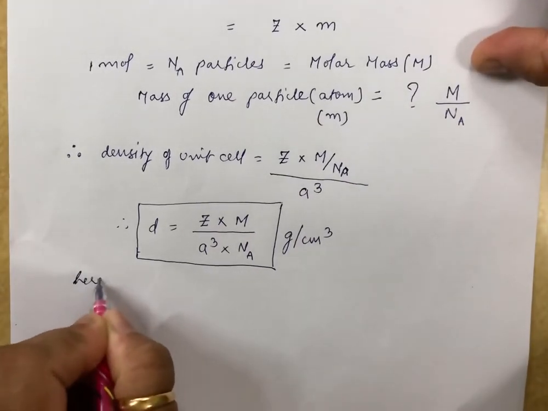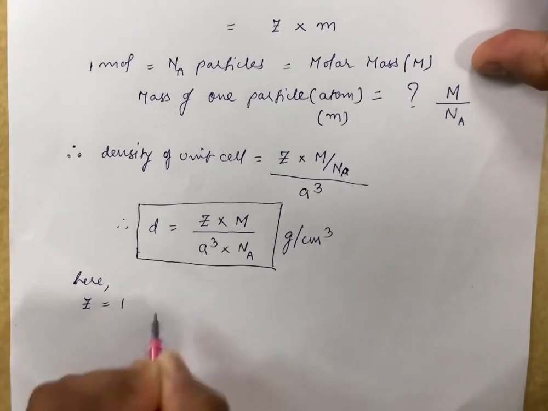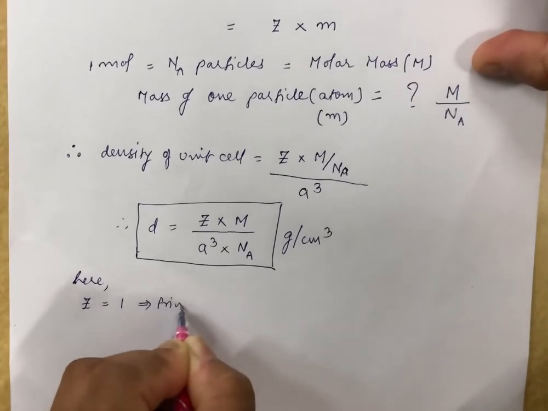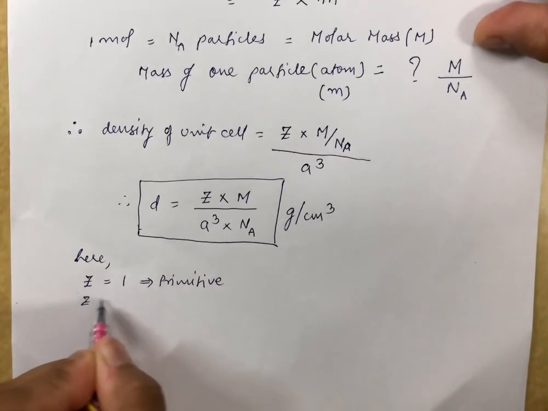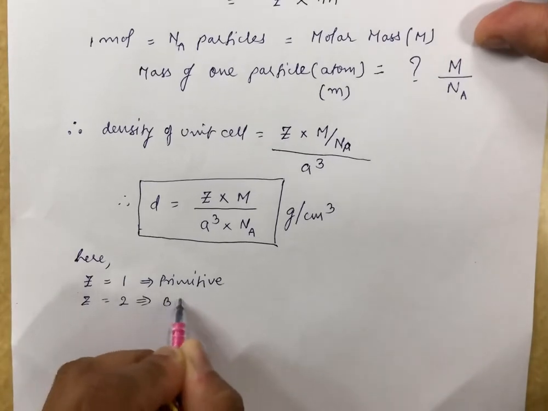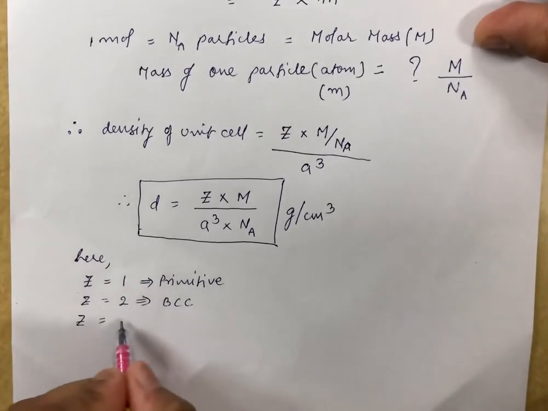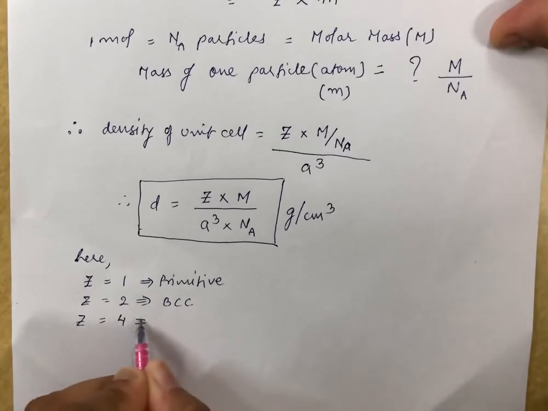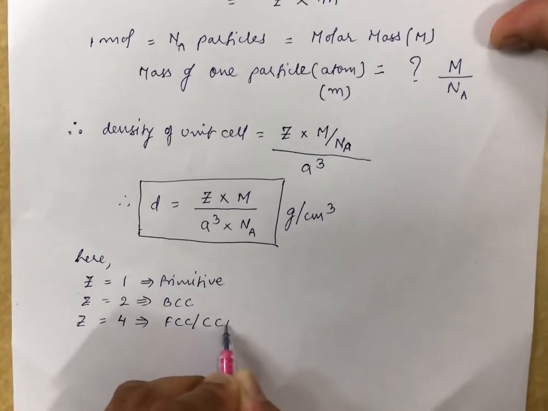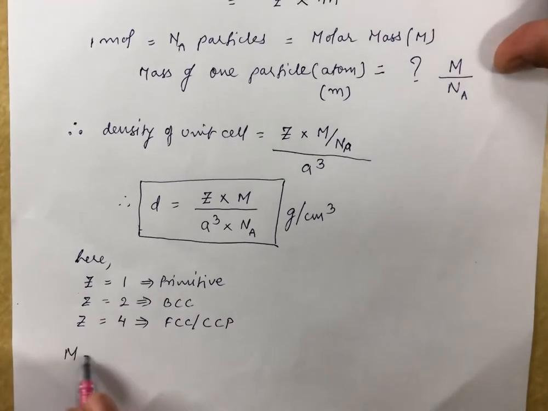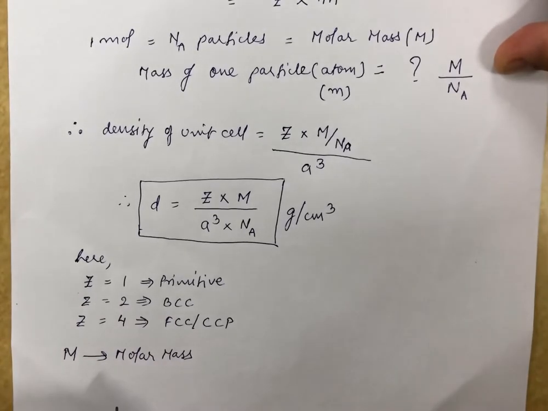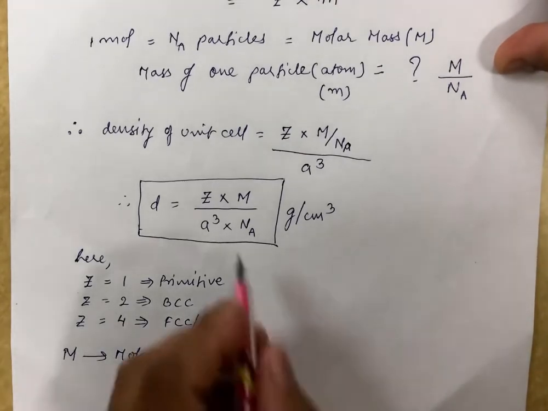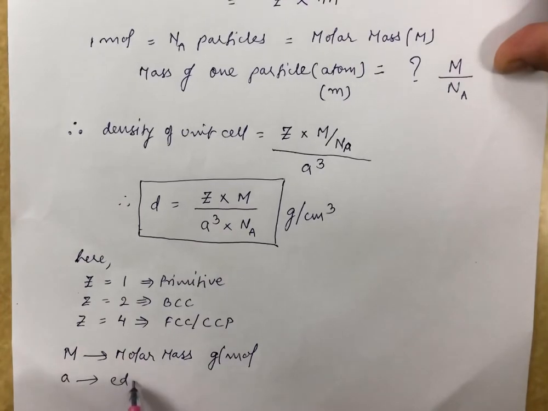So here Z will be 1 for primitive type of cell, and Z will be 2 if your unit cell is BCC, and if Z is 4, then it would be your FCC or CCP structure. M, as I just now told you, is nothing but the molar mass, which you are taking in terms of grams per mole. Okay, and this A is nothing but your edge length,